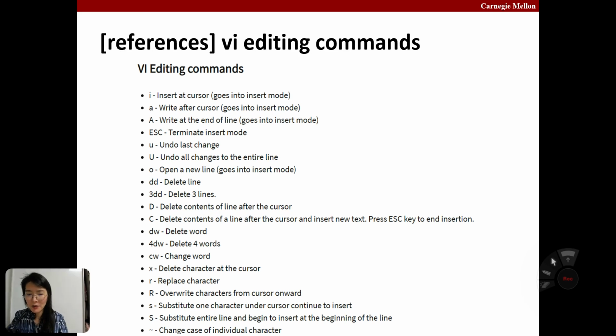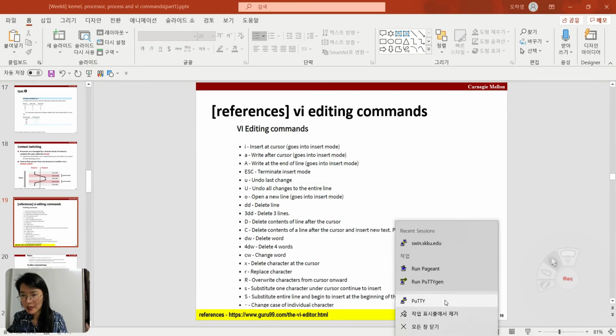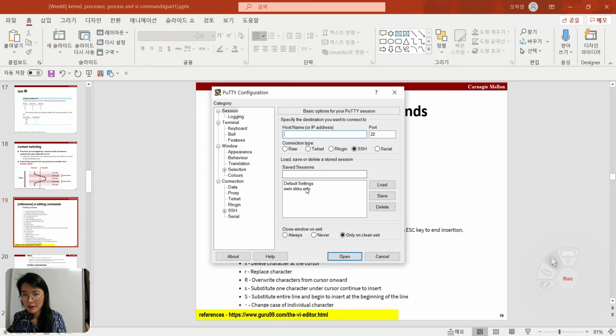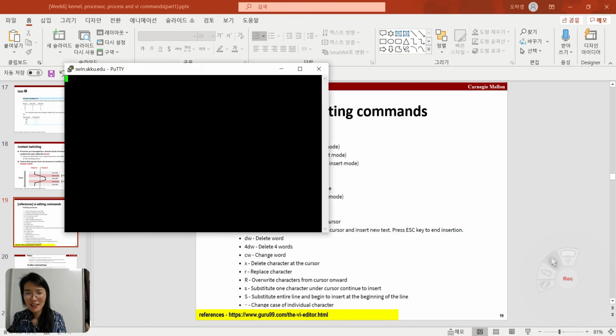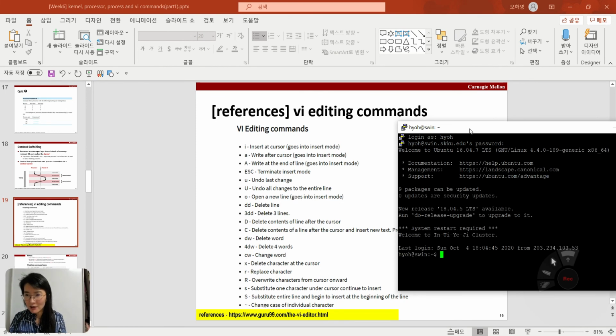For example, please open your PuTTY program here and connect with the port number of the establishment of 성균관 University, and you can connect your ID and password. All right, and